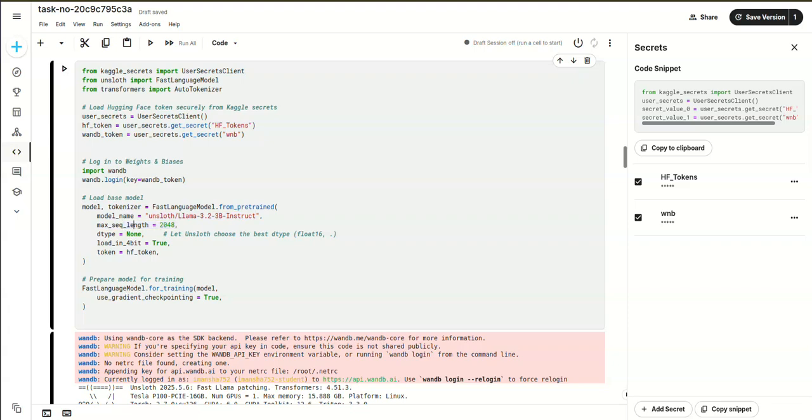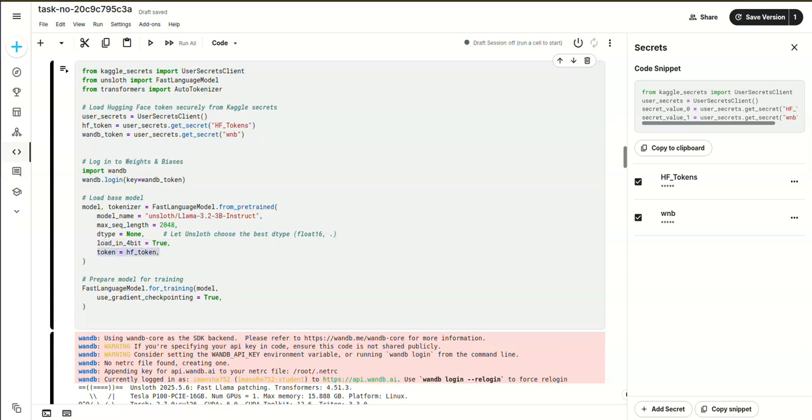Data type is set to None, which lets Unsloth automatically choose the best type like float16 or bfloat16 depending on our hardware. load_in_4bit equals True enables 4-bit quantization using bitsandbytes, reducing GPU memory usage while retaining model quality. Token equals Hugging Face token authenticates the Hugging Face model download.